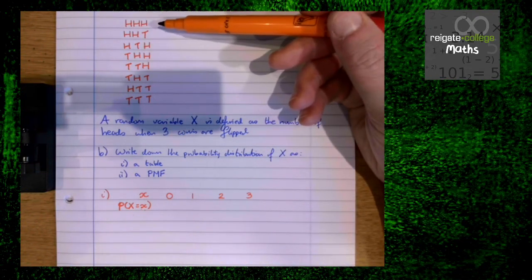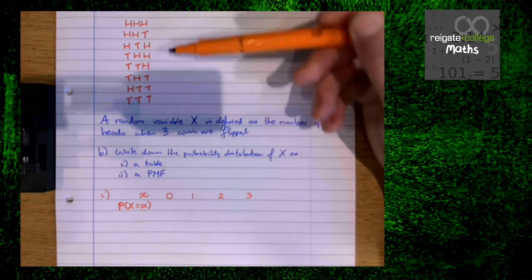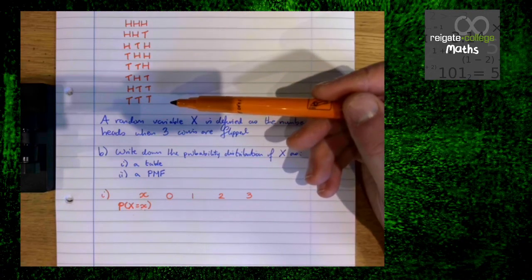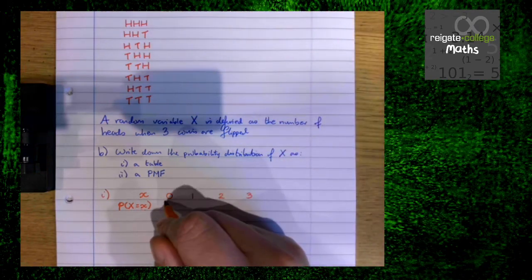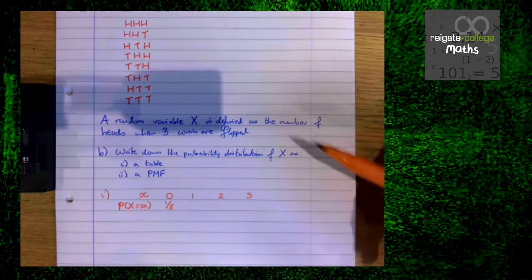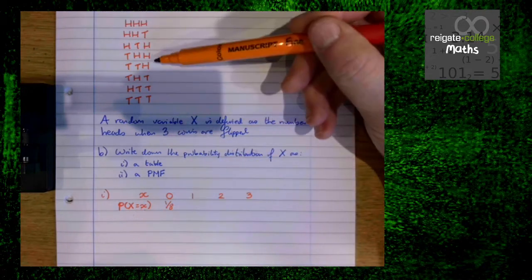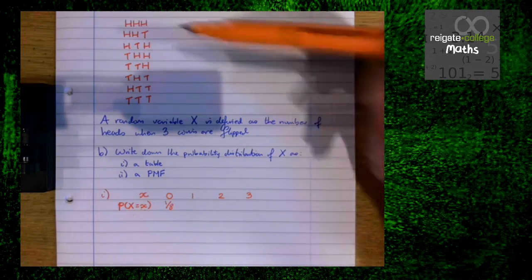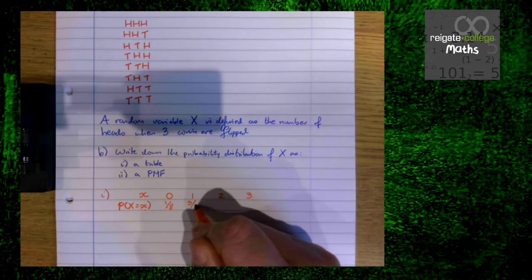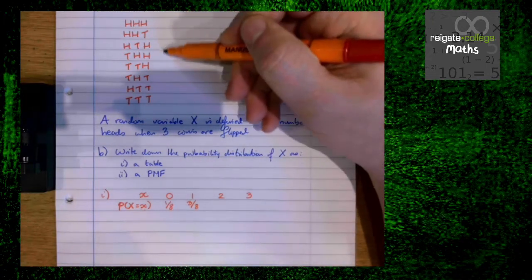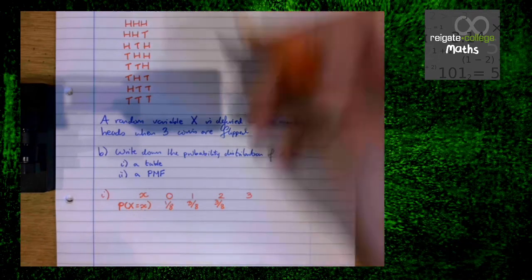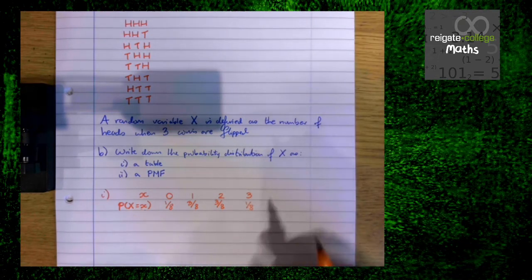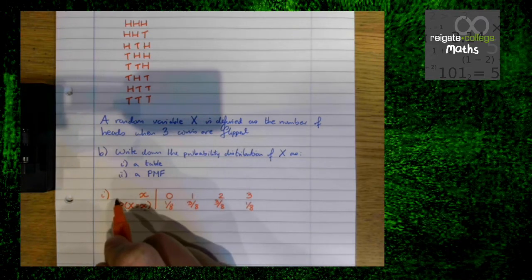So the probability of getting 0 heads for this experiment is 1 out of 8. The probability of getting 1 head is 3 out of 8. 2 heads, again, 3 out of 8. And 3 heads is 1 out of 8. This is our distribution for x